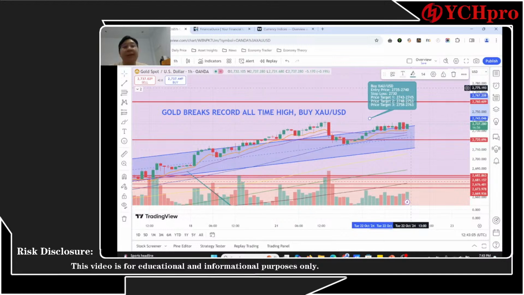So a buy signal for gold can still be at the same prices. Maybe I will just readjust the stop losses, because it seems that the low of today is still around 2,729.28, so probably just to be safe and so you guys don't hit your stop losses easily, I'll be readjusting the stop losses. Okay, so this is our first signal for tonight.